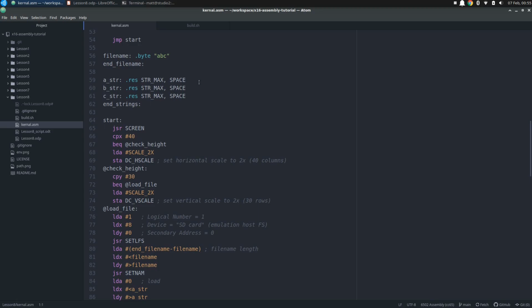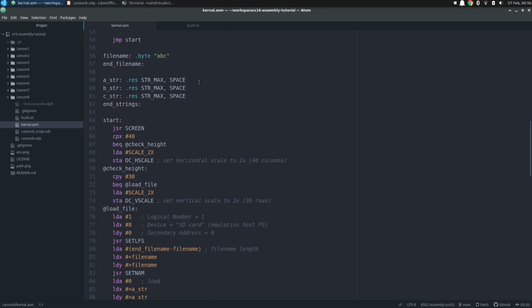We then do something similar with the height, making sure it's 30, then forcing DCV scale to 64 if it's not, which will similarly zoom to the upper half of the display. After that, the display will be 240 pixels or 30 characters high, and everything will finally be zoomed in 2 times. We'll look into more Vera registers in a later episode, but these 2 are pretty simple to use. And for most graphical programs, you'll want to do this 2x zoom by just writing 64 to both registers at